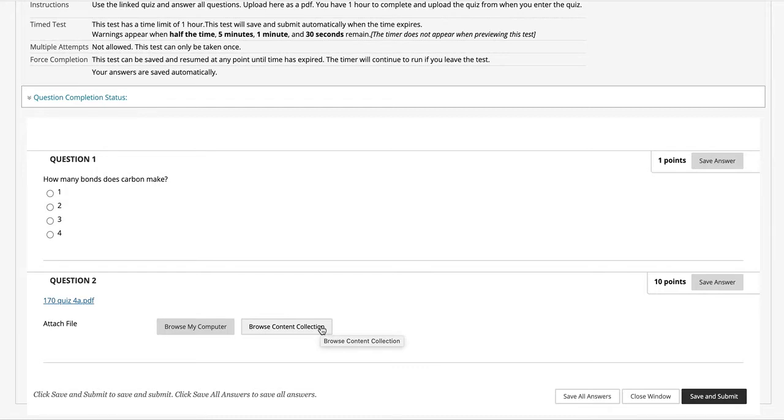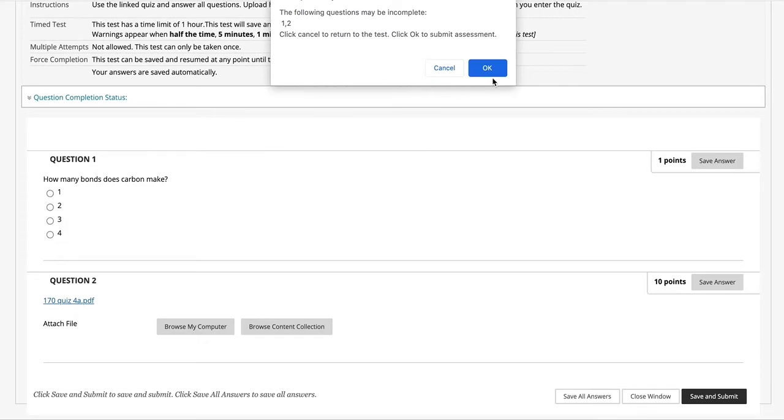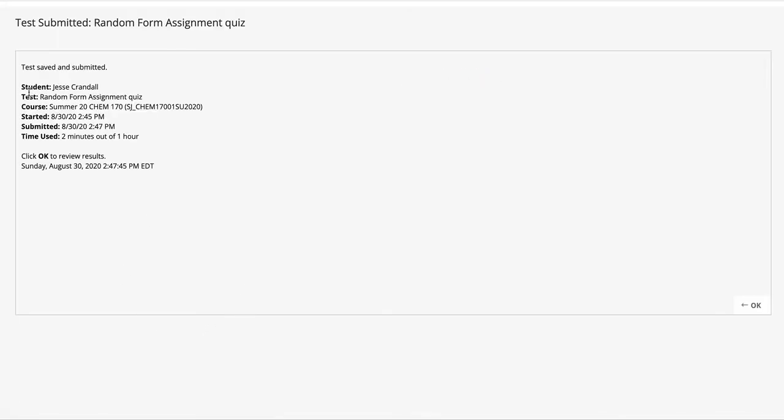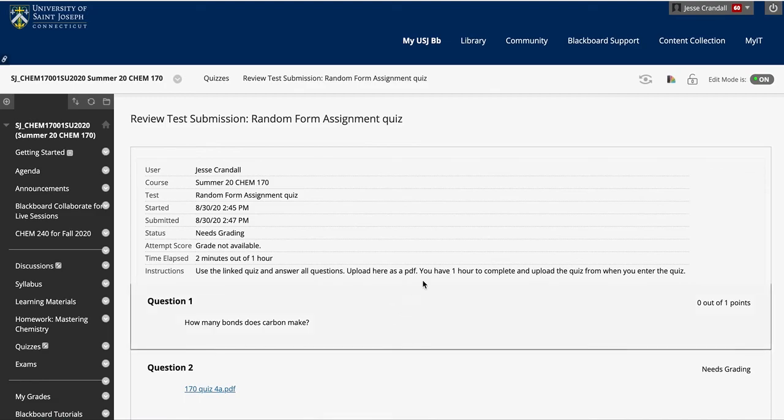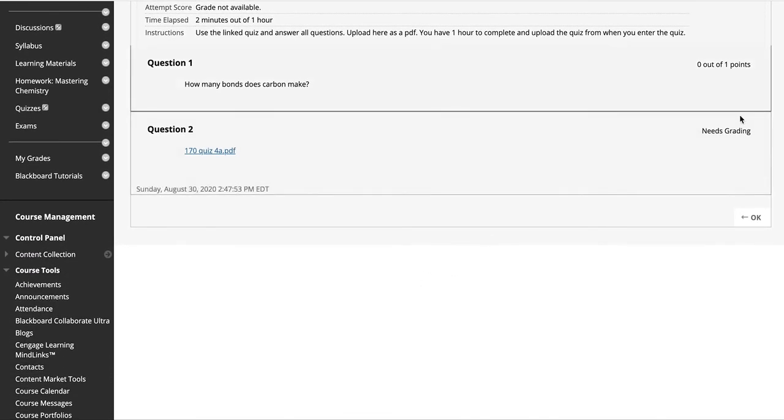I don't know what would happen if I were to log out, log back in and do it. Perhaps because it's me that's doing it, it's giving the same version of the quiz. But ideally, it's not going to always pick question number 1. There would be a random assignment of questions. If I hit save and submit, it says it's incomplete, okay, and it says it was submitted. And I can review results by clicking OK, which obviously there's nothing there, and it would say needs grading because you would have to go in and grade